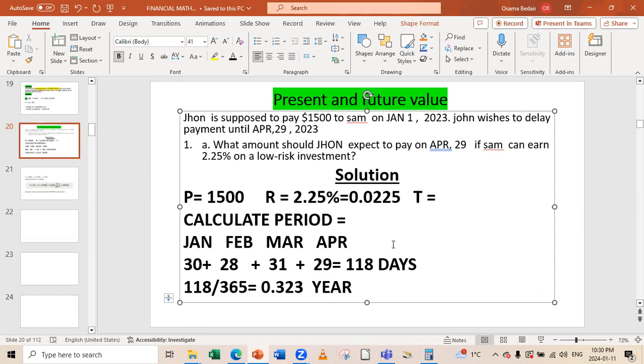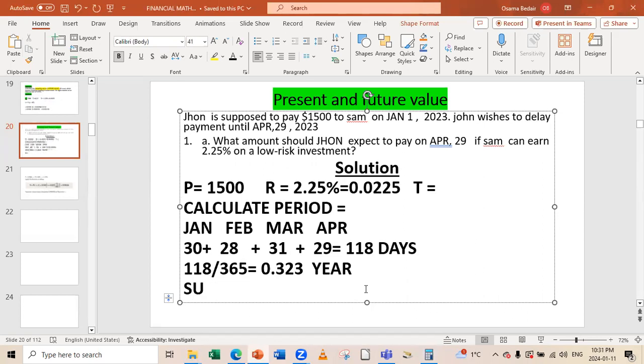So can I calculate the S or the value? Yes, I can calculate the value. Well, the future value, S, will equal P, open a bracket, 1 plus RT. So that will equal, S is